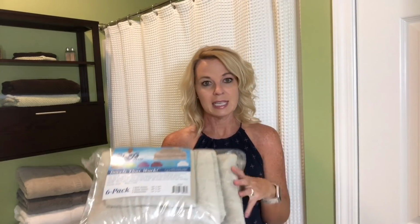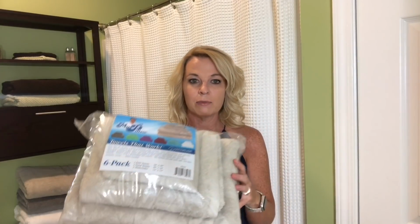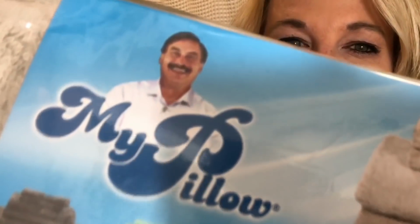So My Pillow has really expanded from pillows to sheets to mattress toppers and now towels. I didn't know these existed until a couple weeks ago. Mike says they are towels that actually work. If you're not familiar with Mike Lindell, I'm sure you are familiar with his 1980s mustache. So I was excited to try these